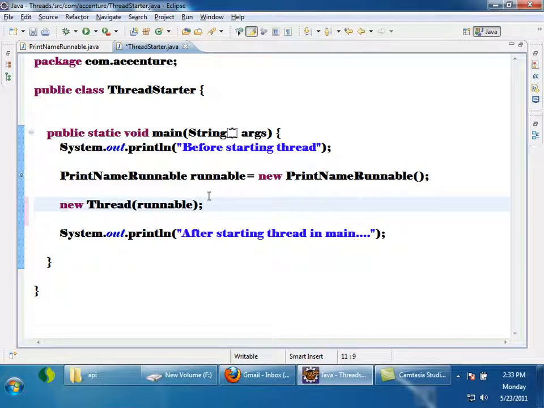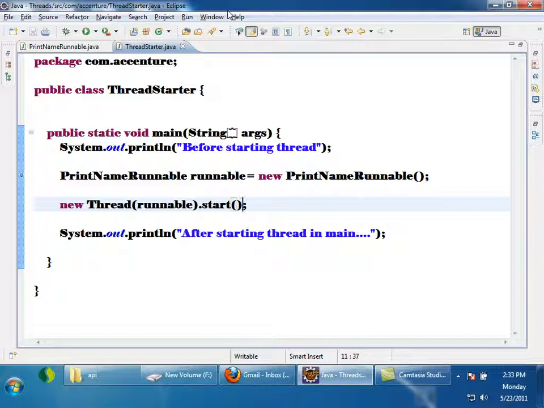Can I do it like this? Tell me. new Thread(runnable).start(). Is it not equivalent to calling t.start? I was taking this reference in t and calling t.start earlier. Now I combine the 2 steps into one line: new Thread(runnable), and on that object I am calling start.